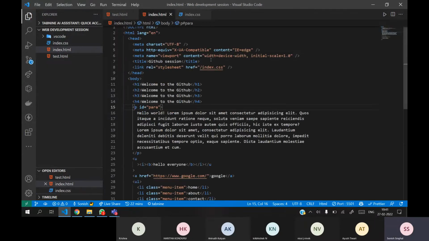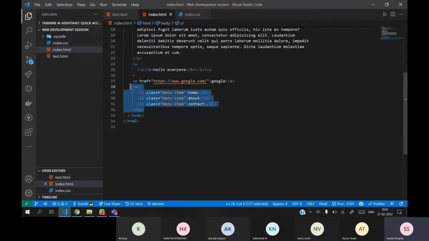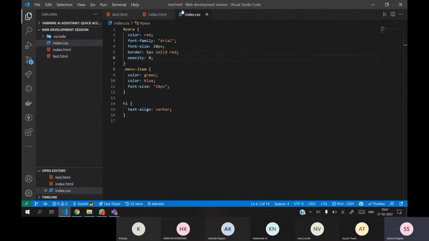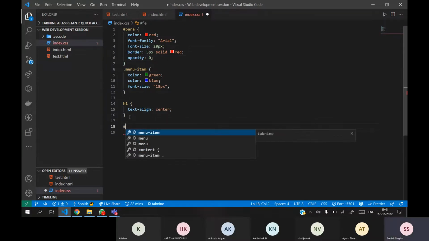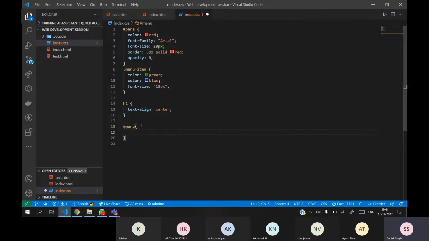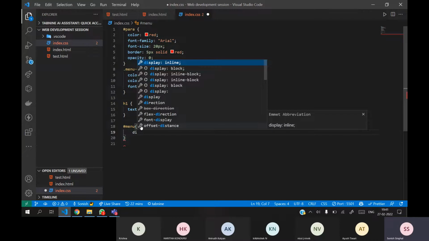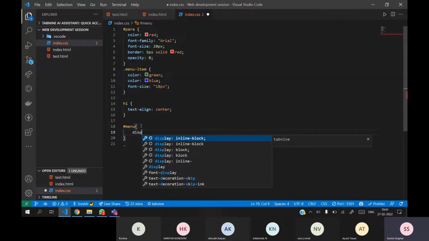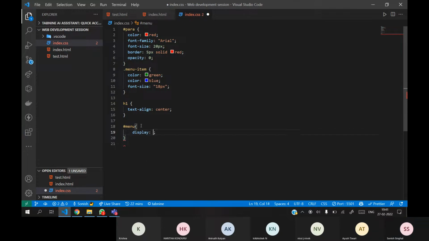And we will also have different text. Suppose you want all this to be in a line. Suppose I'm adding one ID here, menu. There is one property that is quite useful. You can see that we have used the ID, so I will write the property for that. The name of that property is flex. For the menu, I want all this to be in a line, so I will use flex here. I will set the display property's value to flex. Display flex.